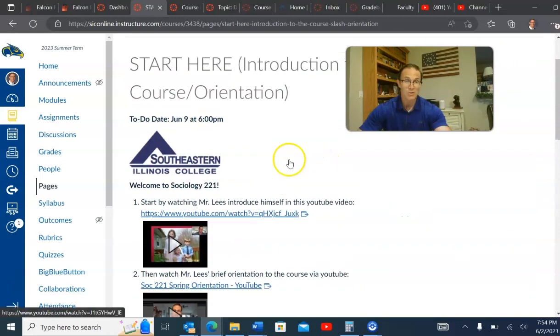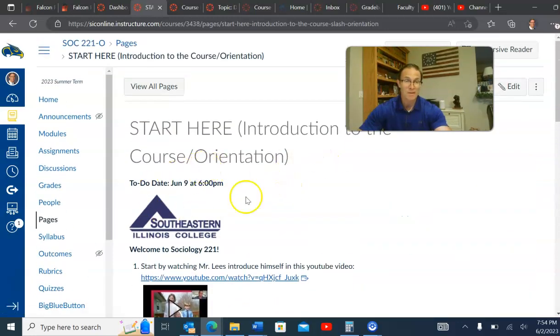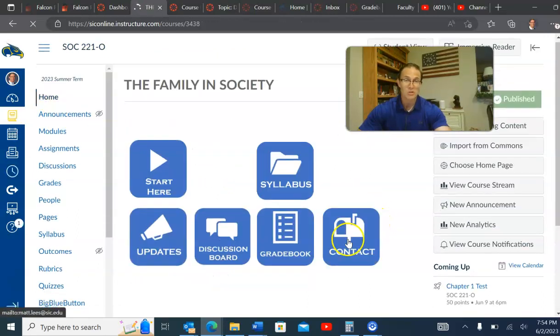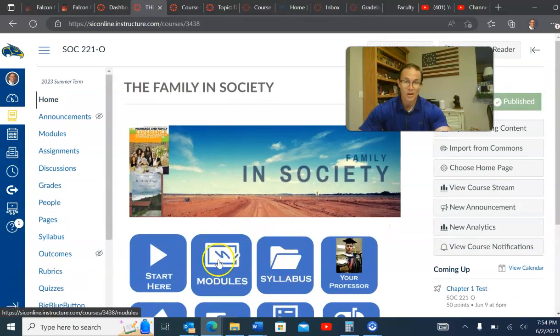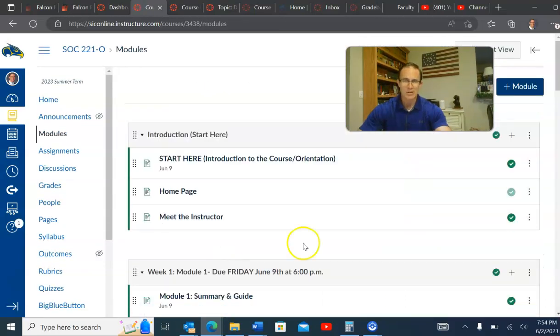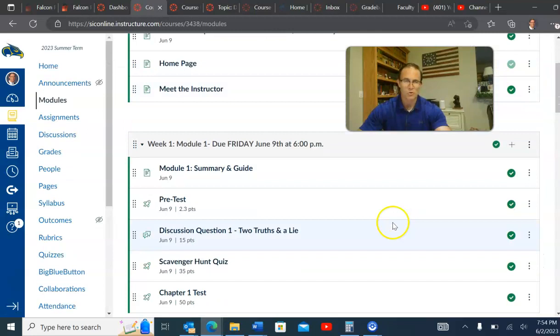So, folks, once you've done this introductory tab, you're going to be ready to go back to the home page, and you're going to be ready to jump into the first module. I'm going to walk you through that first module. I'm not going to walk you through all of them, but I'll walk you through the first one because it will kind of serve as a microcosm of the others. First thing you're going to do,